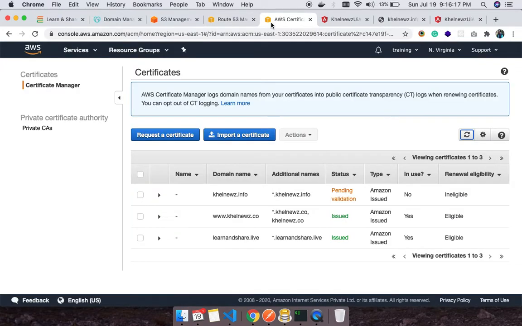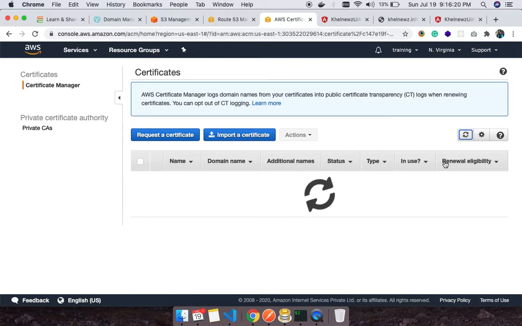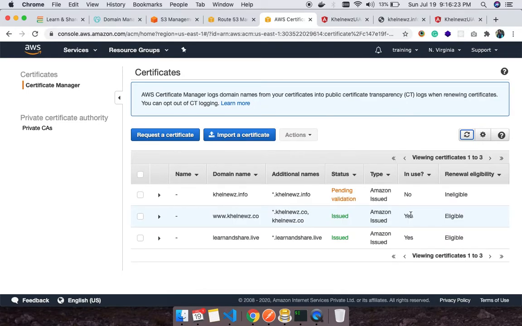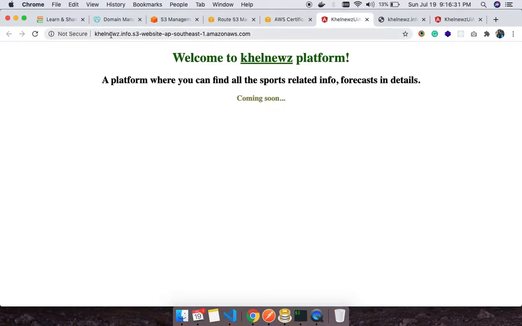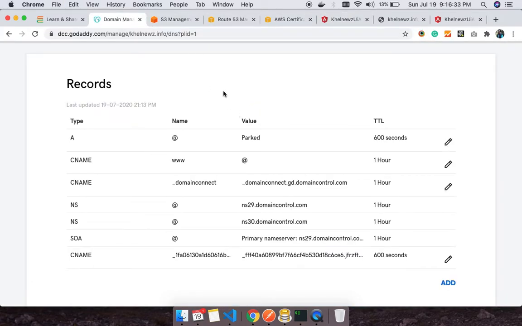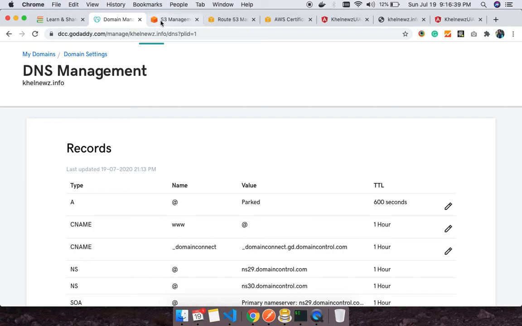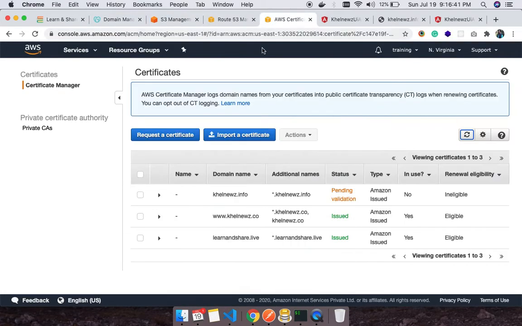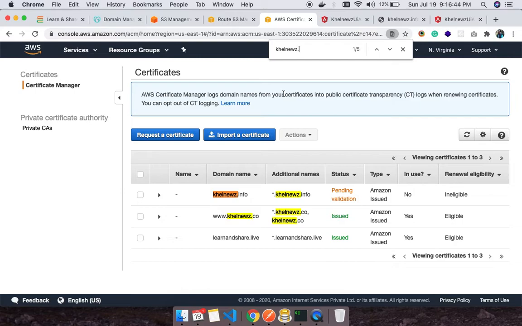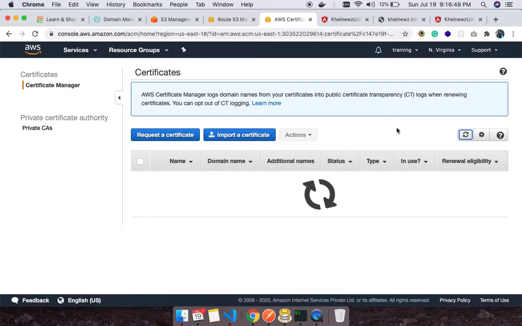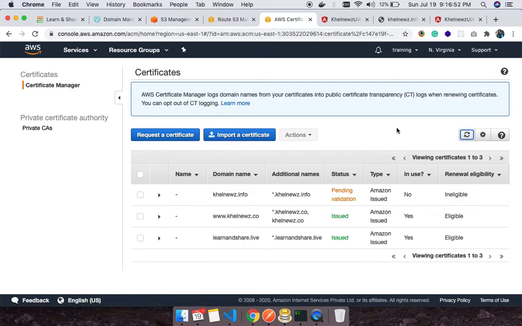So we are waiting for that. I'm just making sure that the domain name is proper. Yeah, it's proper. Let's refresh one more time. It's still in pending status.